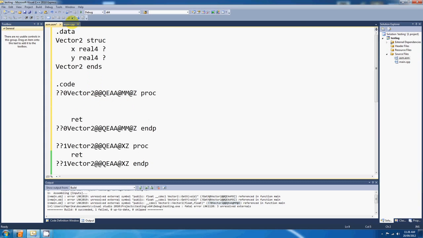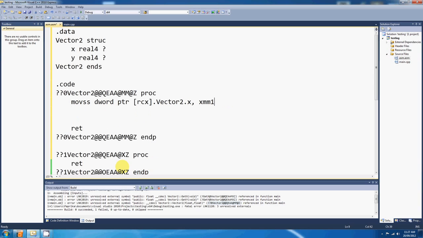Anyway, so the parameters will be passed to us in xmm1 and xmm2, since the first parameter is the invisible or implicit this pointer passed in RCX. So we're going to get 1.4 in the low float of xmm1, and if we movss, we've got dword ptr rcx dot Vector2 dot x, xmm1. Okay, so that's the x value,